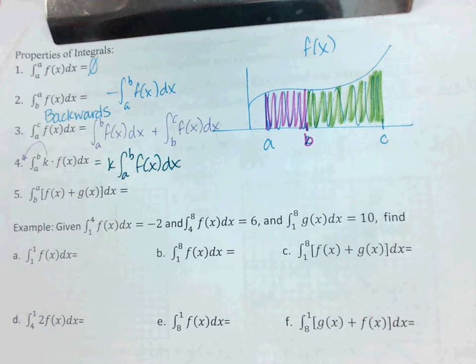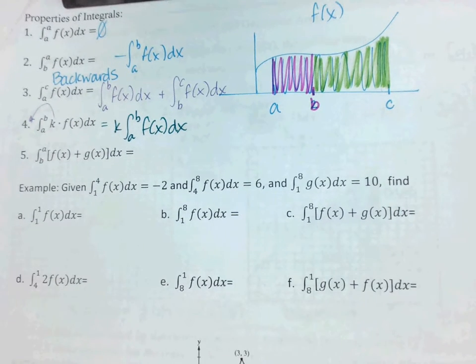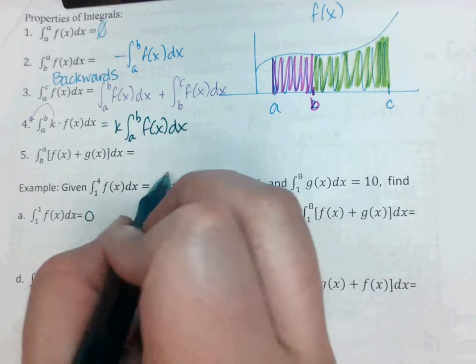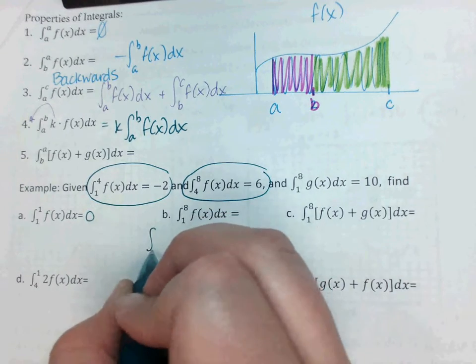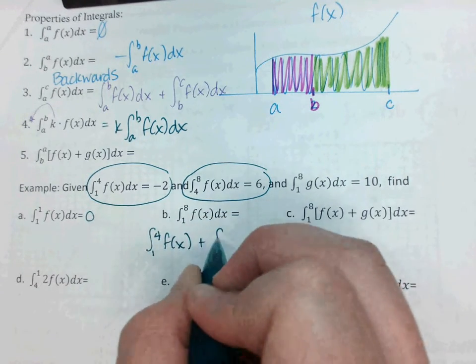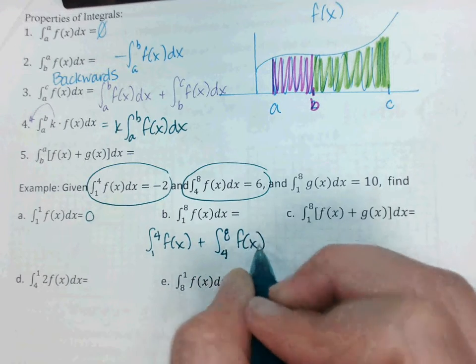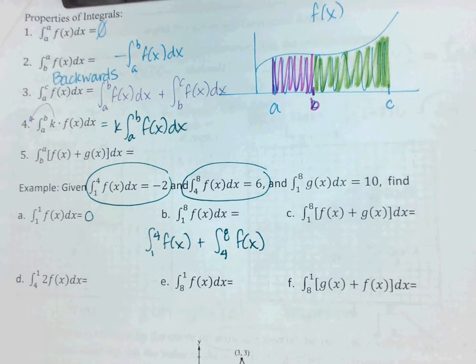Okay, we're going to skip Rule 5 for right now because you're not going to need it at the beginning of the next question. So, last question that we'll do today. Part A, my integral is from 1 to 1. How big is that? 0. Question 2. I want to go from 1 to 8, but the only integrals that I know are from 1 to 4, and then from 4 to 8. So I would break that up, 1 to 4, plus 4 to 8, and how big are each of those pieces? 1 to 4 is